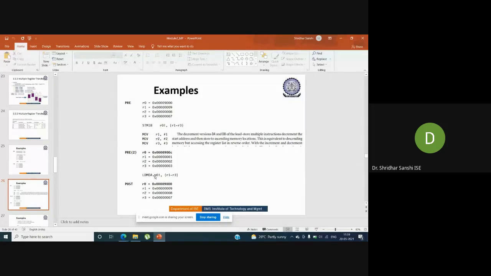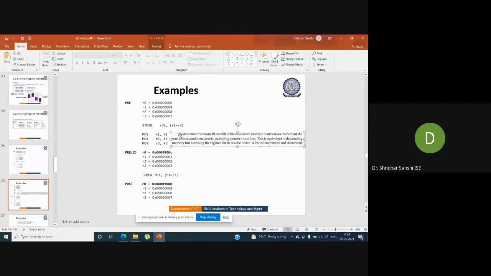In order to load, we are using decrement after. So if we use store increment before and load decrement after, it means that whatever content we put onto the memory, we are storing back into these registers. Whenever we are doing decrement after, we are accessing the memory we are pointing to, and that particular memory content we are putting into the registers. So the order in which registers are filled is from last to first.